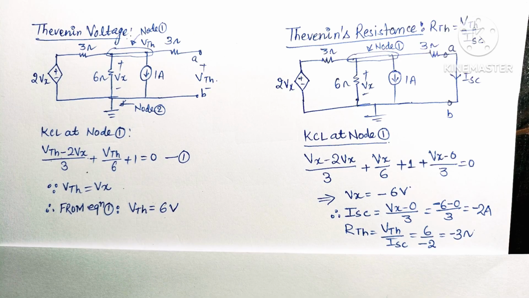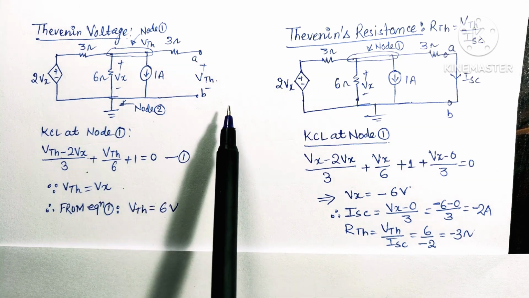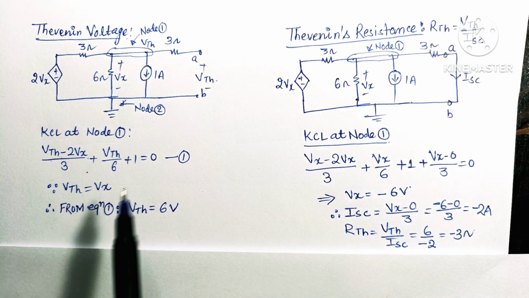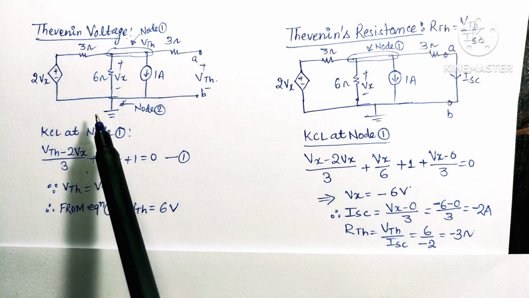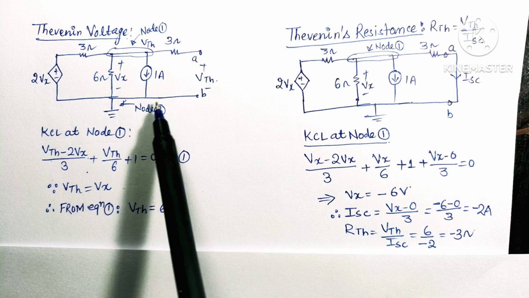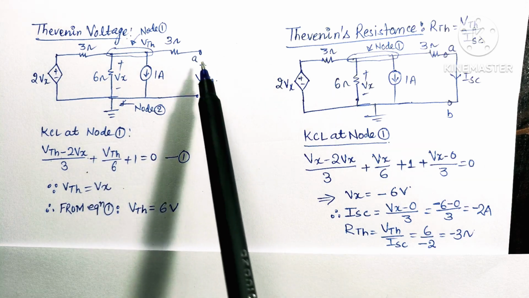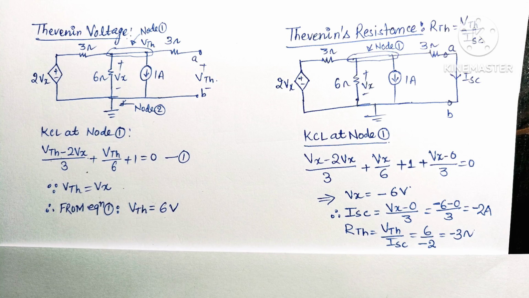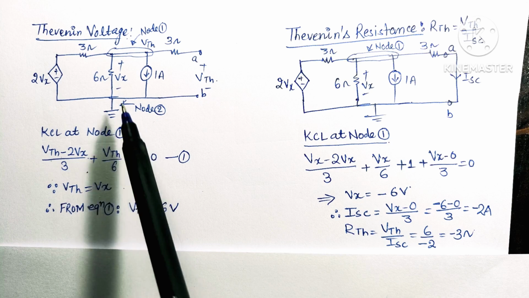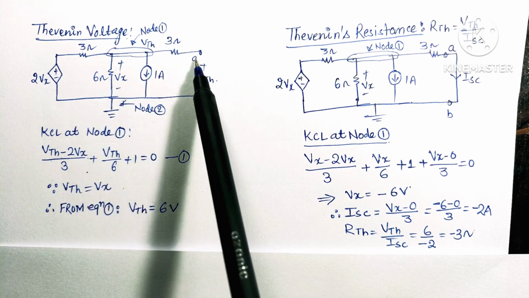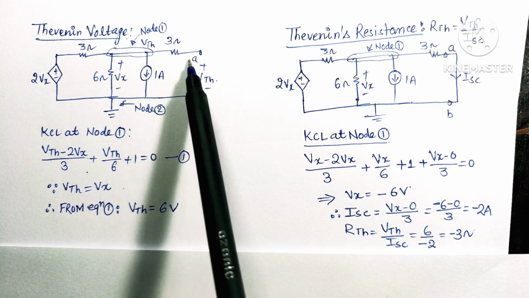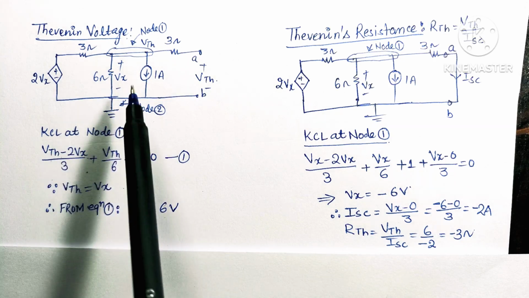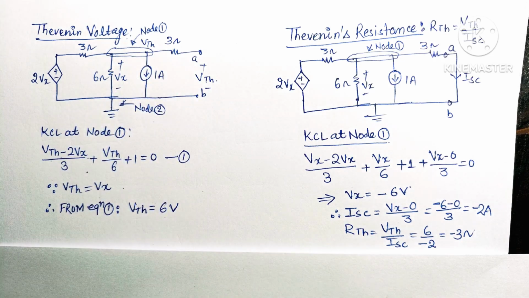In the first method, we will calculate Thevenin's voltage and resistance. As we know, Thevenin's voltage can be calculated looking towards terminal AB by calculating the open circuit voltage at terminals A and B. Here all the voltages and resistances are connected as given in the question. For calculation of open circuit voltage across terminal AB, or VTH, we will apply nodal analysis here. So let us assume this node 2 is grounded and this is node 1. As we can see, this is open circuit, so no current will flow across the 3 ohm resistance. So voltage at node 1 will be equal to VTH.